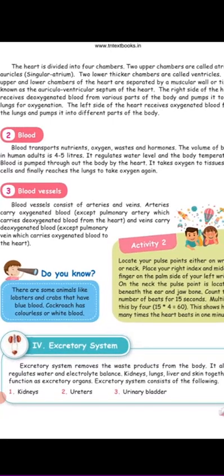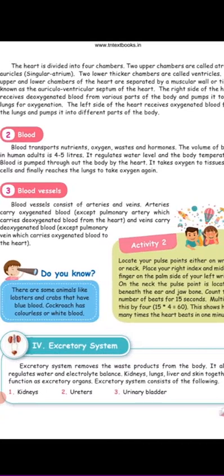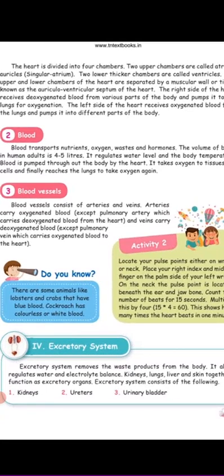So what is a heart? It is a hollow muscular organ, somewhat conical in shape. It is covered by the pericardium, a double-walled membrane, and there are some spaces in our heart, which are filled with pericardial fluid. So what is it used for? What is it protecting? Yes, it is protecting the heart from shock.